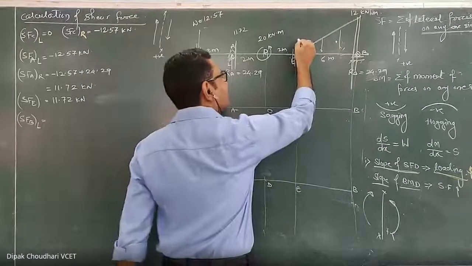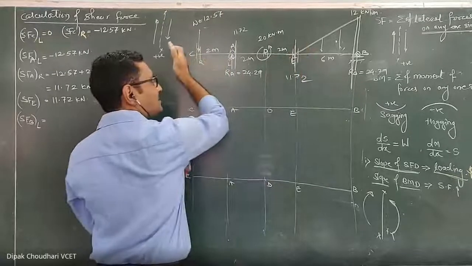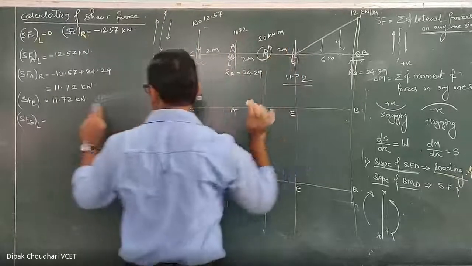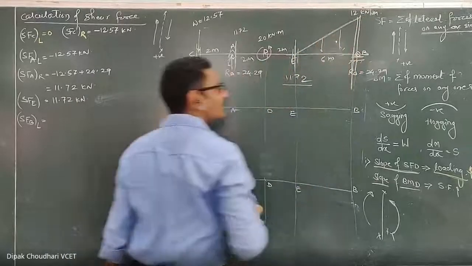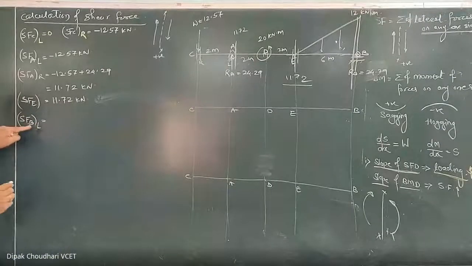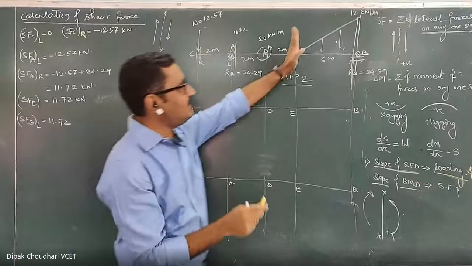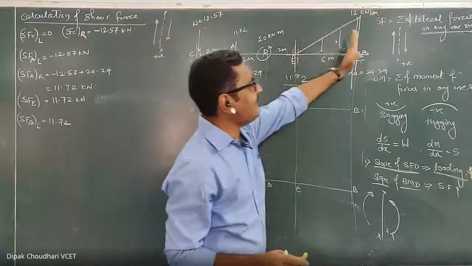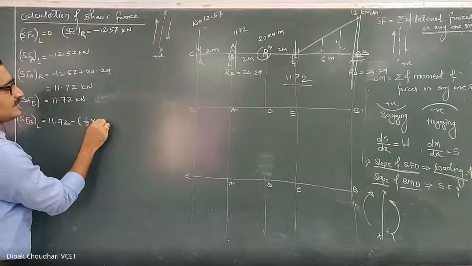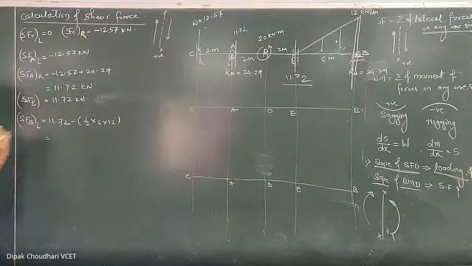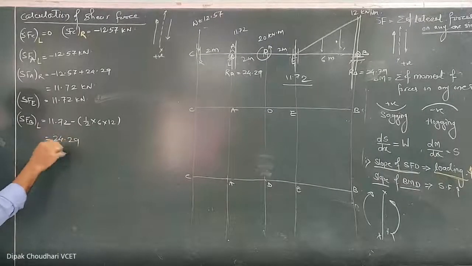The reason is that up to here I know the summation. The summation of forces on the left side of this section, that I know, is 11.72, and from this section to this section only this load is acting vertically downward. So shear force at point B on left, I can write 11.72. The summation on the left side up to here, and then from here to here there is a vertically downward force, therefore minus. How much is that? Half into 6 into 12. So we'll get the shear force at point B on left hand side. Is it 24.29 minus,